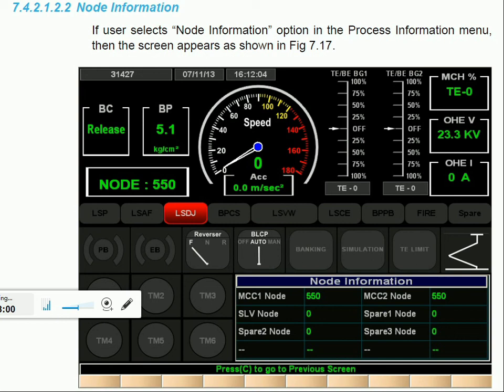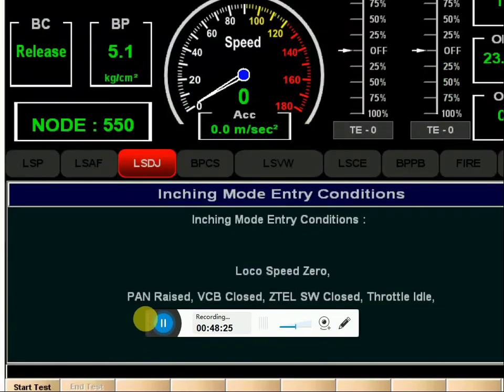In MEDA we will get the MCC1 node, MCC1, 504, 550, 570 like this. In MEDA, the vehicle control unit is controlled by MCC1 and MCC2. So we can see here the node information.